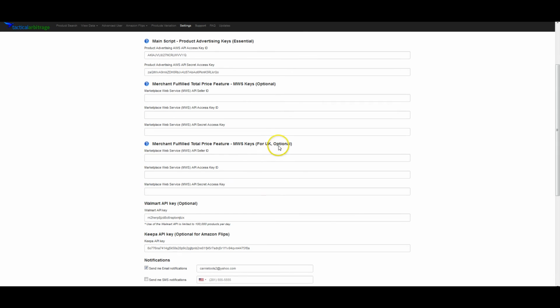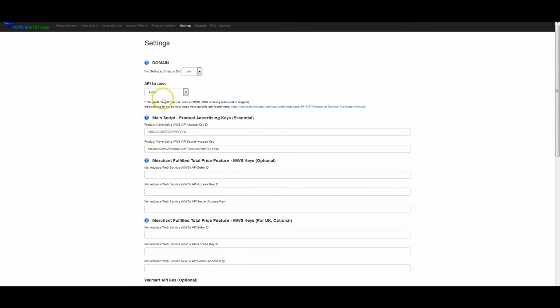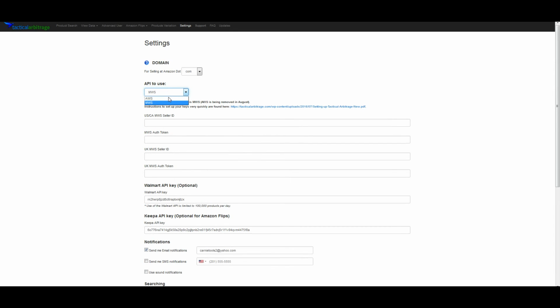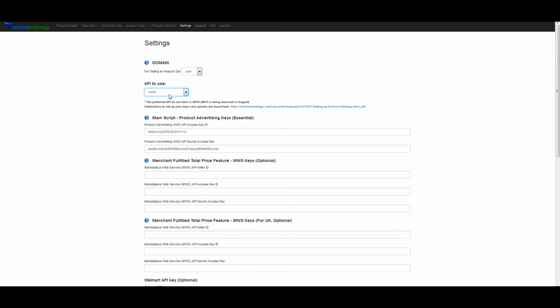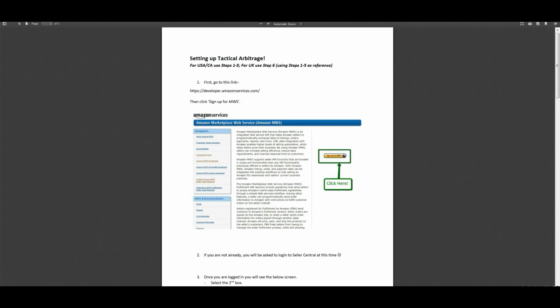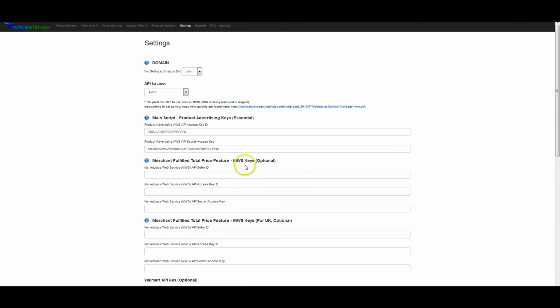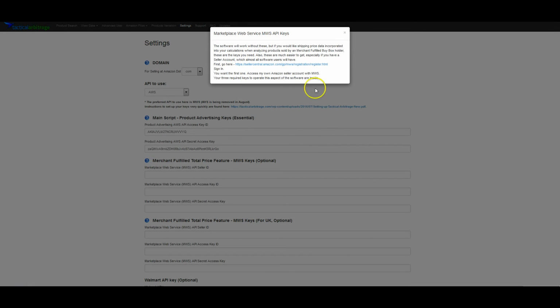Very soon, you're going to be forced to switch from the AWS keys to the MWS keys, which the AWS is advertising. MWS is the merchant key that would be used as a seller. There is a PDF file right here that will walk you through it, but I'm going to show you real quick how to do that. All you have to do is click on this question mark next to MWS. It's going to give you the direct link to log in. Once you log in,